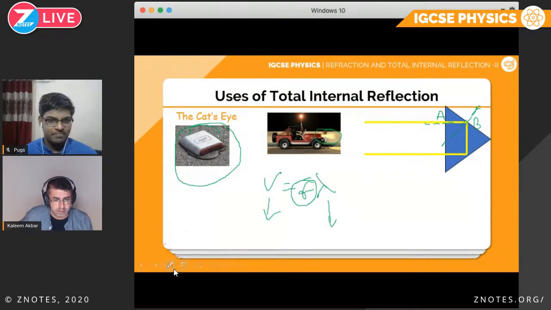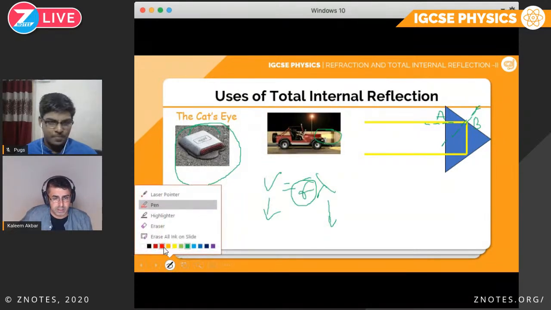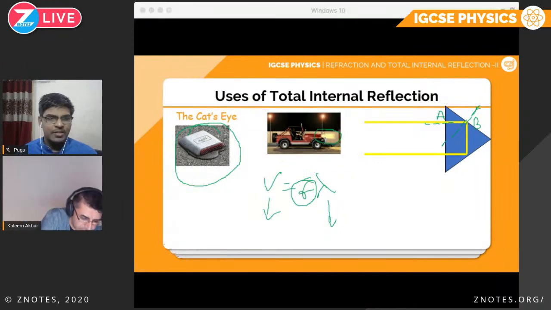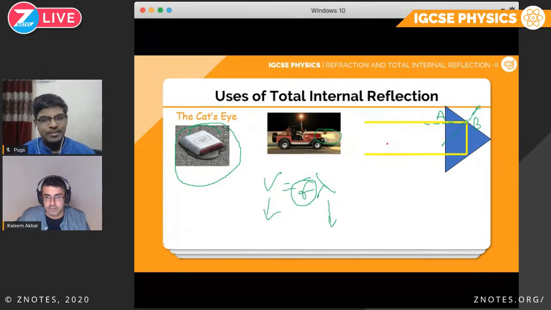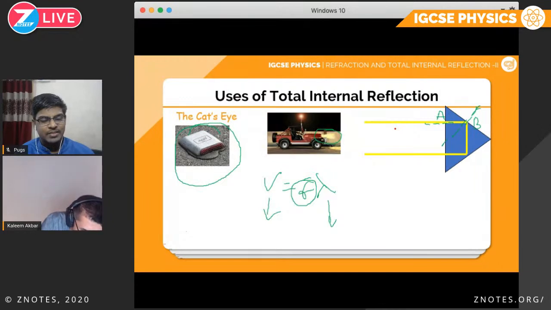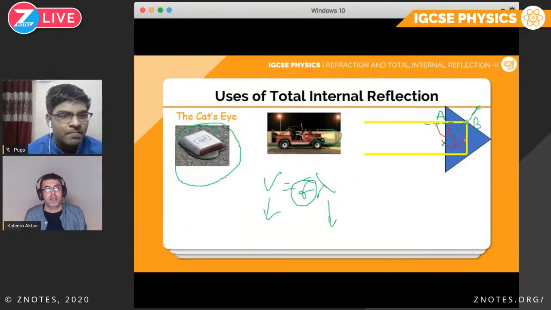Let me pick a different color. Green's kind of not doing it for me here. Let's be bright. So there's your angle of incidence, angle of reflection. Okay. Now, Pugs, what do you think would happen if the angle of incidence here was less